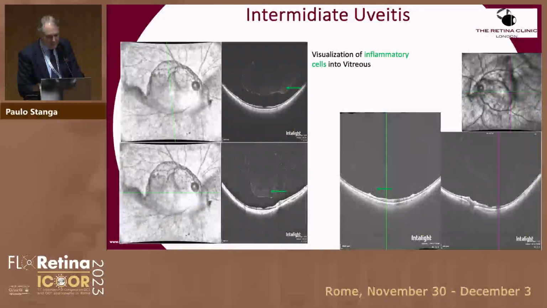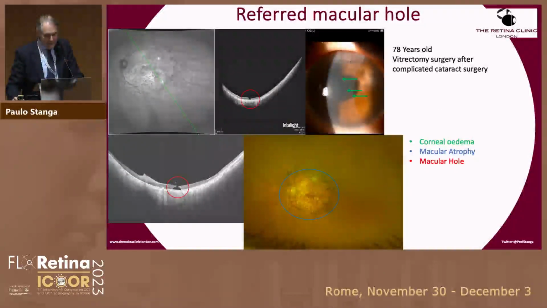secondary to the vitritis. This is a patient that was referred with a diagnosis of macular hole after complicated cataract surgery carried out elsewhere. You can see that there is corneal edema, significant corneal edema. And you can see, in spite of the corneal edema, the opacity, the quality of the scan that we have